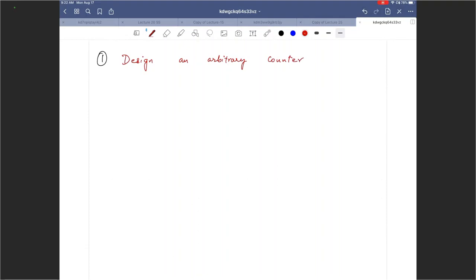That means I'm going to give you a sequence, and that sequence could be 0, 1, 3, 4, 0, 1, 3, 4, etc. Right? Some arbitrary 3-bit or 4-bit counter for which you would have to design it,